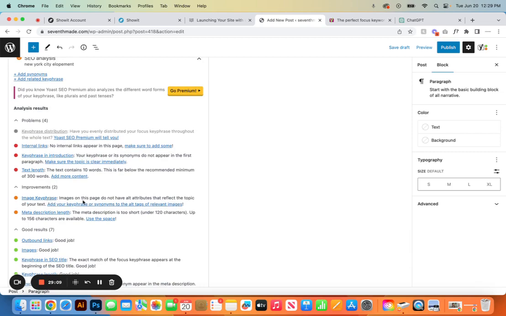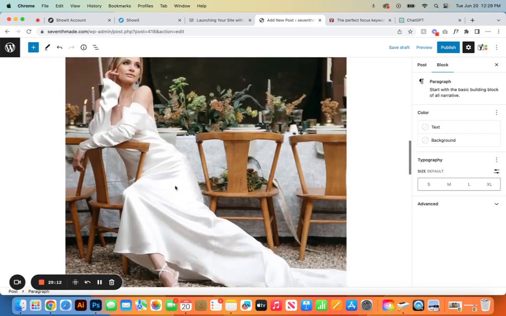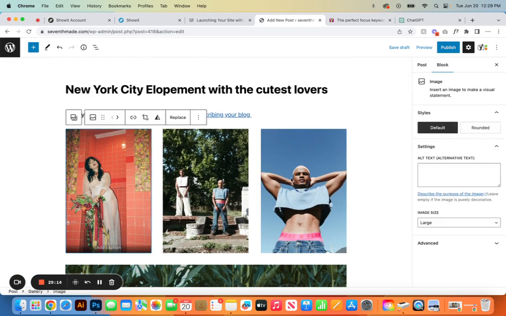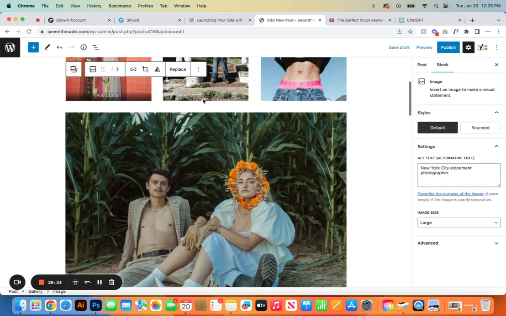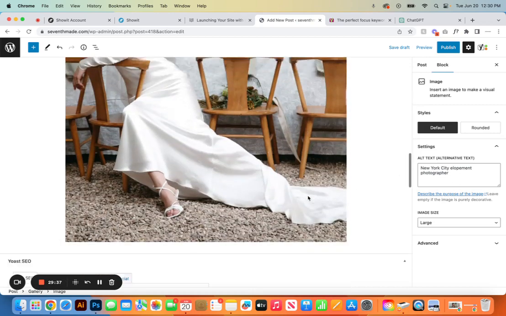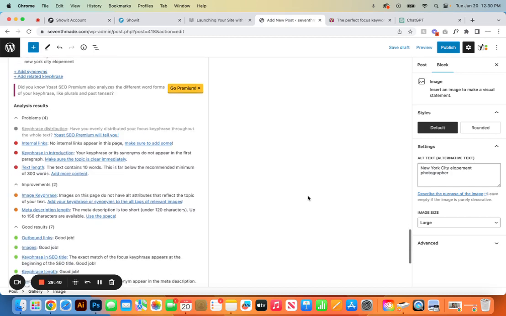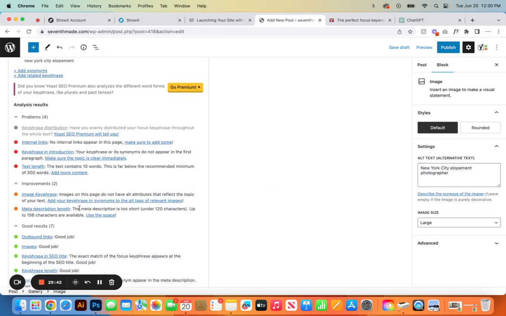So here, images, when you see something like this, the alt attribute is going to be right here. So when you select the image, you'll come right here. This is where I would add something, a keyword, but also adding in your title. And then you'll have to add it on more images or even its synonyms with that. So you'll just go through and easily add those in, come back down here,